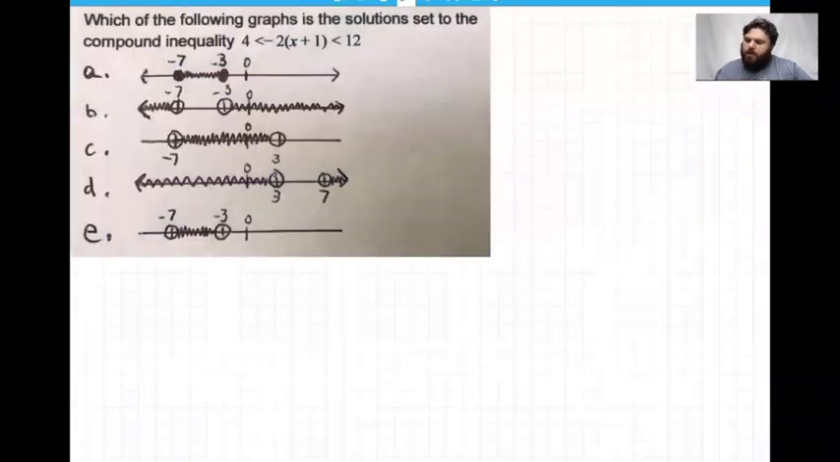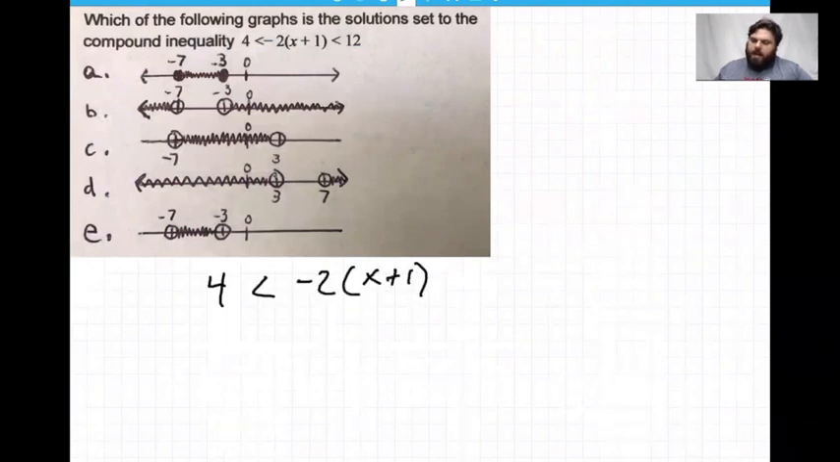All right, which of the following graphs is the solution set to the compound inequality 4 less than negative 2 times x plus 1 less than 12? All right, so this is a compound inequality. So we solve it at the same time. We solve for x, which is usually in the middle, by using our normal algebraic operations, and then we analyze the result. So first thing I want to do, you could distribute here,